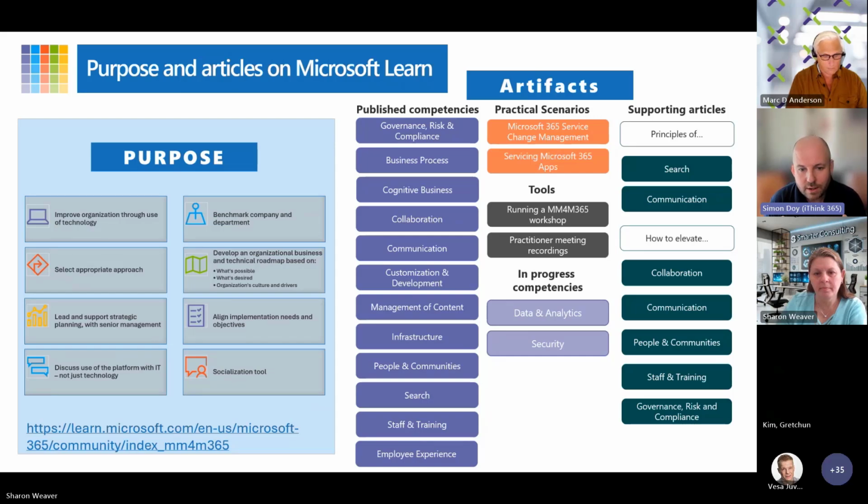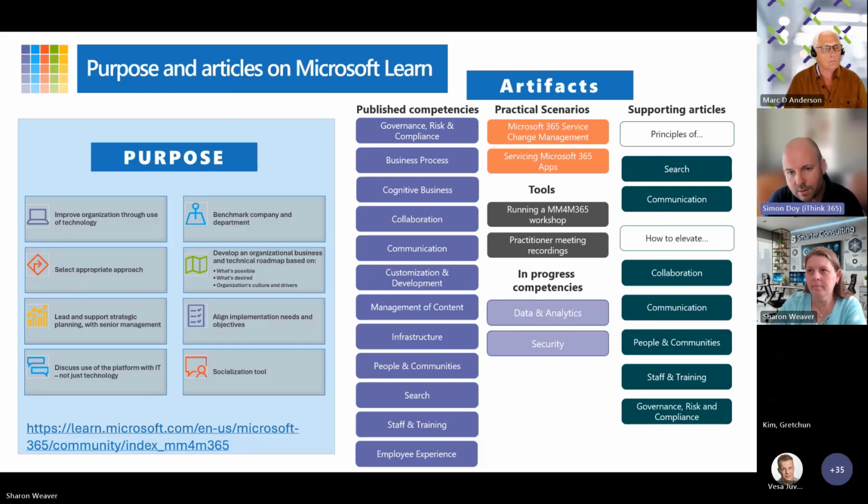We are a community-run initiative, so providing feedback and helping us by sharing your experiences using the maturity model is really super important to us, so that we get better. We've been running this for now, is it four years now? So yeah, always looking for fresh input. We've got some practical scenarios, which Sharon is going to talk to us about with Copilot today, on how to implement specific capabilities within a business.